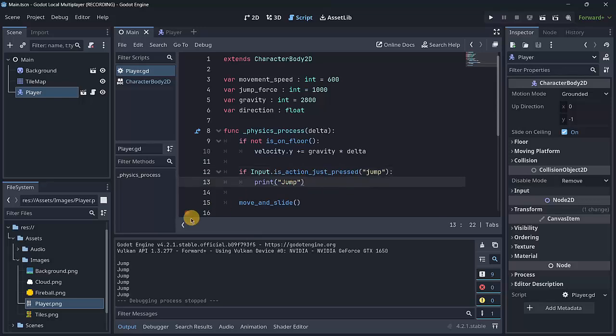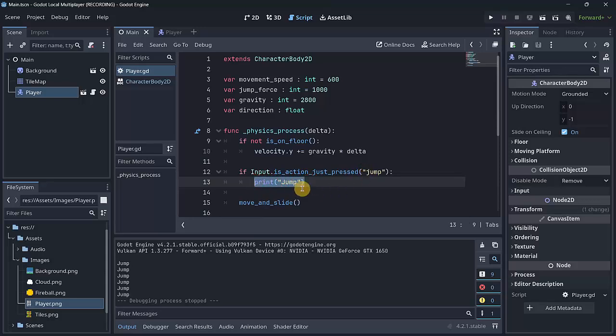So when it comes to detecting the jump, we only want to jump when we click once. We don't really want to be calling this method every time we are holding down our jump action. So here, if our input action is action just pressed jump,